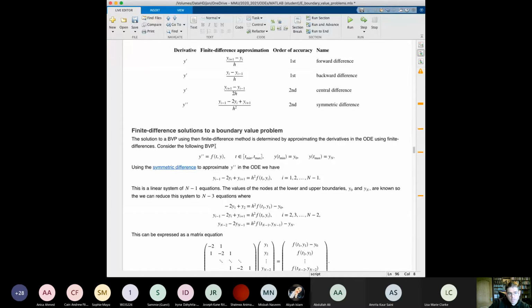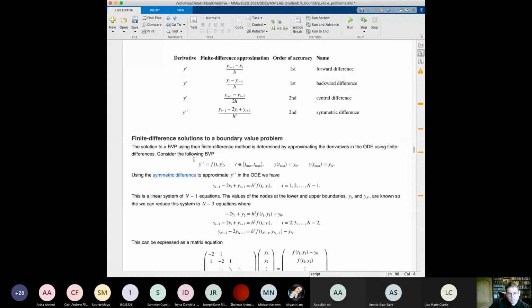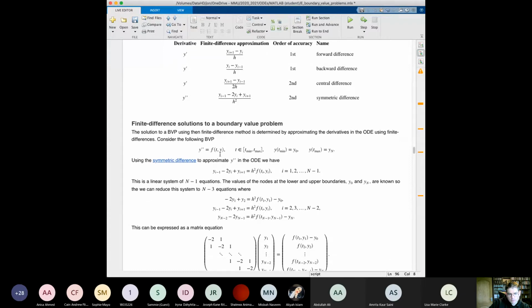If we had this sort of 2-point boundary value problem, on the left we have a second order derivative, so I could replace that with the symmetric difference. Then I multiply both sides by h squared, so I'll have h squared times f of t, y on the right and